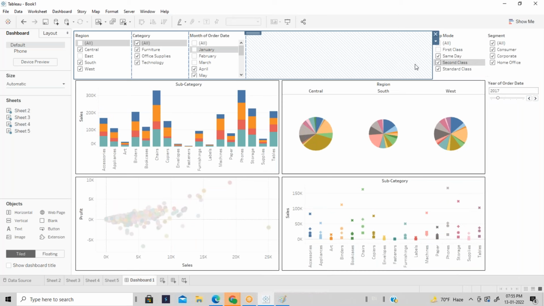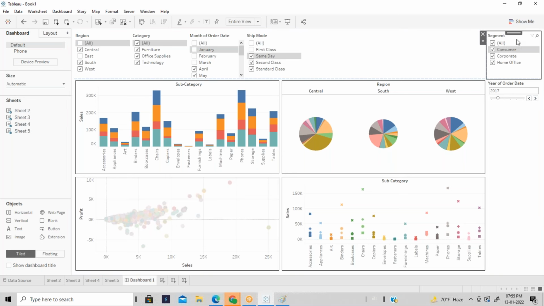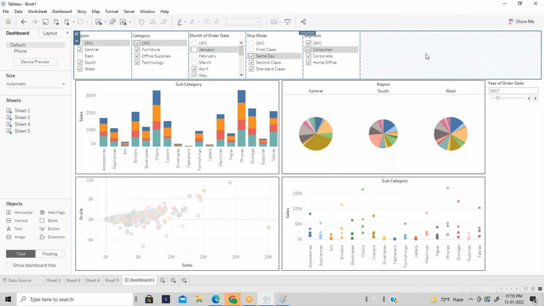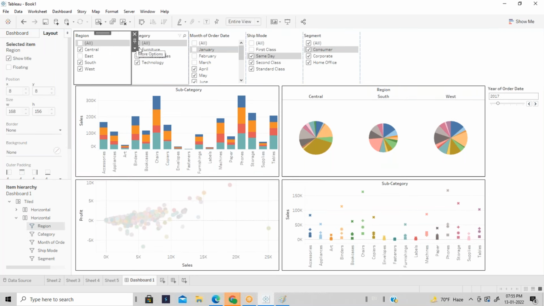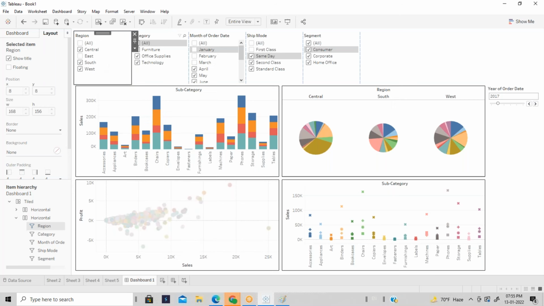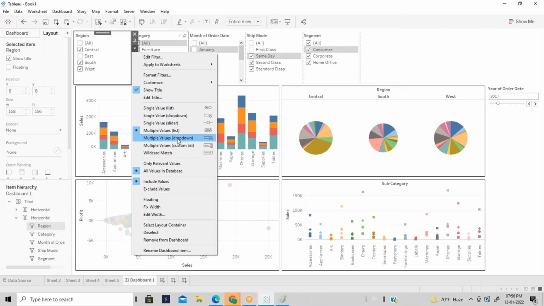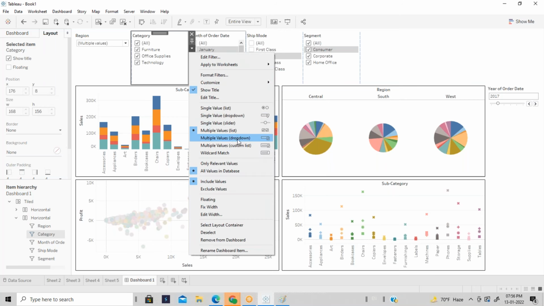So this looks not good, right? So I just added everything in one container. If you see, a separate horizontal container is added, and the list of filters are all available here, right? Instead of displaying the list, I'm making this a drop down list. Multiple, it is showing the individual list. So I'm going to make it a multi-value drop down list. Everything I am going to make as a multi-value drop down list.